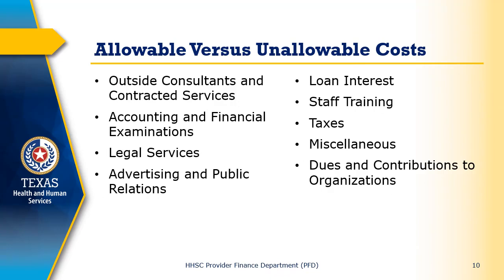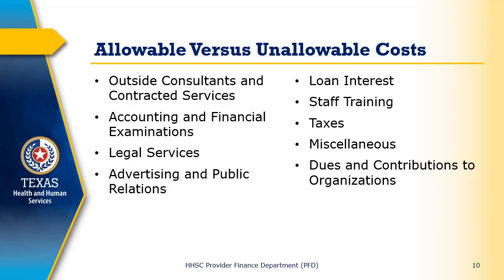In this section, we will continue discussing the various types of costs that providers can report on their cost report and clarify the key distinctions between allowable and unallowable costs. We will specifically examine categories such as outside consultants and contracted services, highlighting which expenses can be charged to funding sources. Additionally, the discussion will cover accounting and financial examination fees, legal services, and the implications of each on budget